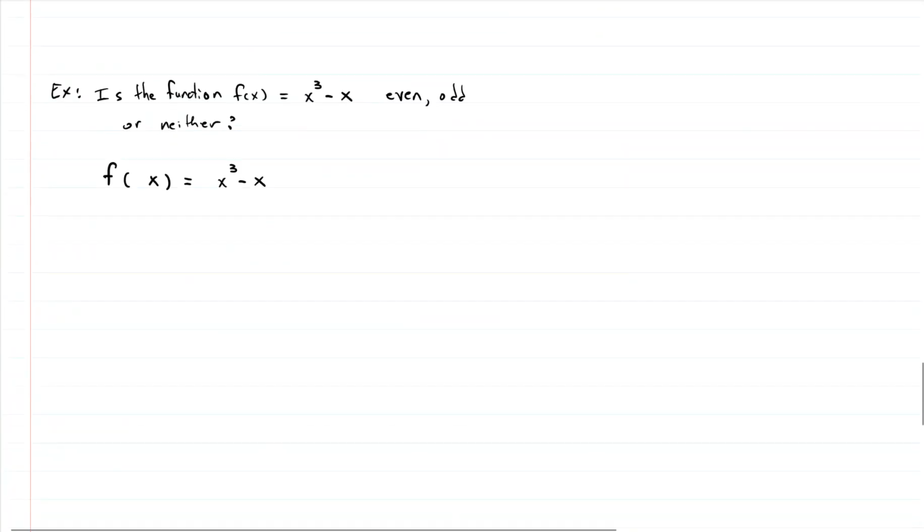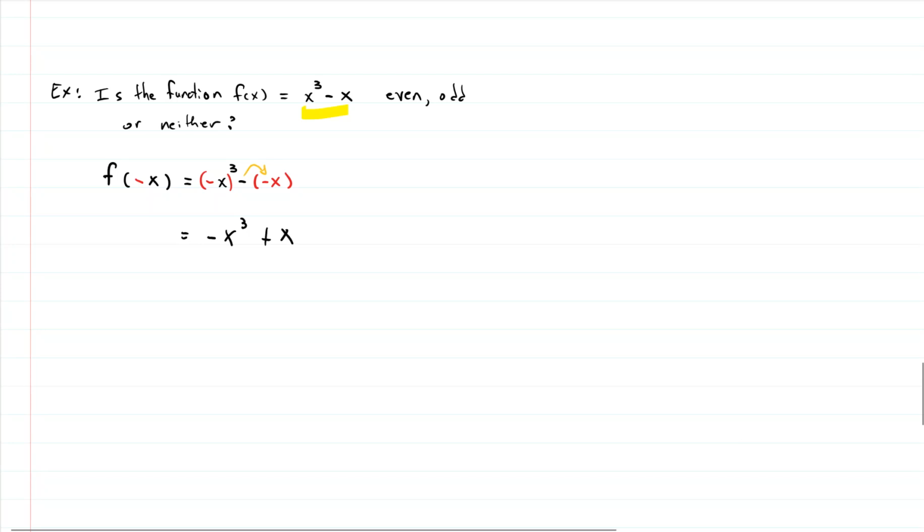Let's try another one. So our original function now is x cubed minus x. So instead of having an input as an x, we're going to input a negative x. So that means we have a negative x here, and we have a negative x there. Now we just do some algebra. We simplify. Negative x cubed: negative times negative gives us a positive, and then times a negative again gives a negative. So we have negative quantity x cubed, and a negative, this negative distributed gives us a positive